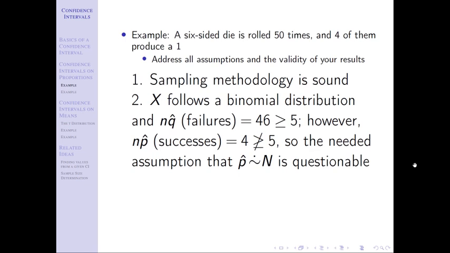So anytime we're addressing our assumptions, there's 3 pieces. Number 1, let's check our sampling methodology. Do we have any biases? Did we sample awkwardly? Are we representative? Need to make sure that our sampling's good. Then number 2, we check our mathematical assumptions. Just like we did in chapter 7, we're going to say for proportion problems, we need X to be binomial. We need to check if we have 5 successes and 5 failures. Remember, for our mean problems, it's going to look like the mean problems we did in chapter 7, where we're going to try to see, is X normally distributed, or do we have a big enough sample size for central limit theorem to hold, the same concepts we talked about before.